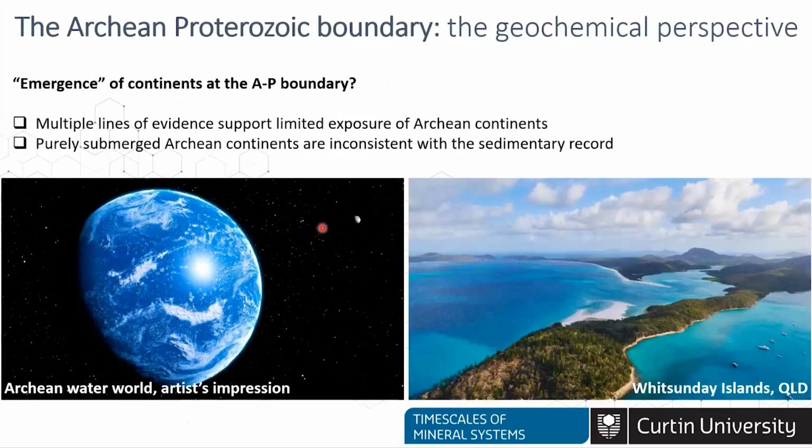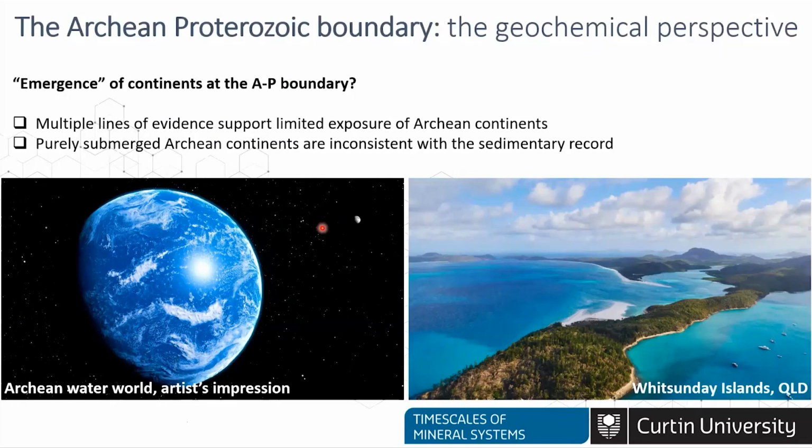So there are multiple lines of evidence that support a limited exposure of continents in the Archean. This includes, for example, the oxygen isotope composition of seawater, the Archean sedimentary record, as well as numerical modeling. And there are some researchers that have suggested that Earth was more or less covered by a global ocean throughout more or less the entire Archean. But this is inconsistent with other evidence, including Archean siliciclastic sediments that derive from emerged continents, as well as the local occurrences of magmas that interacted with surface water, and also the local occurrence of subaerial lava